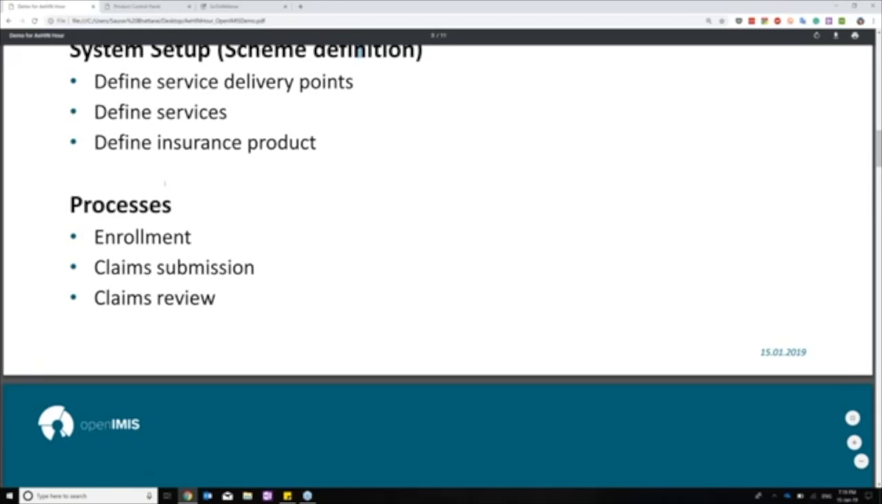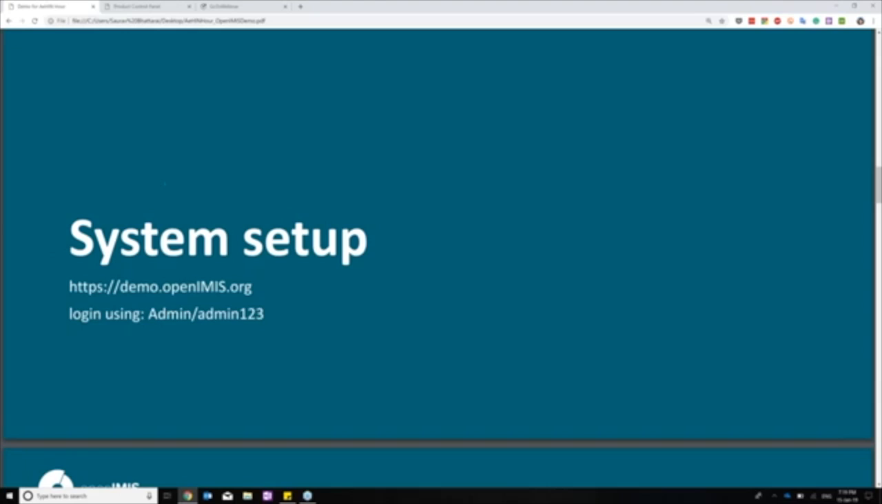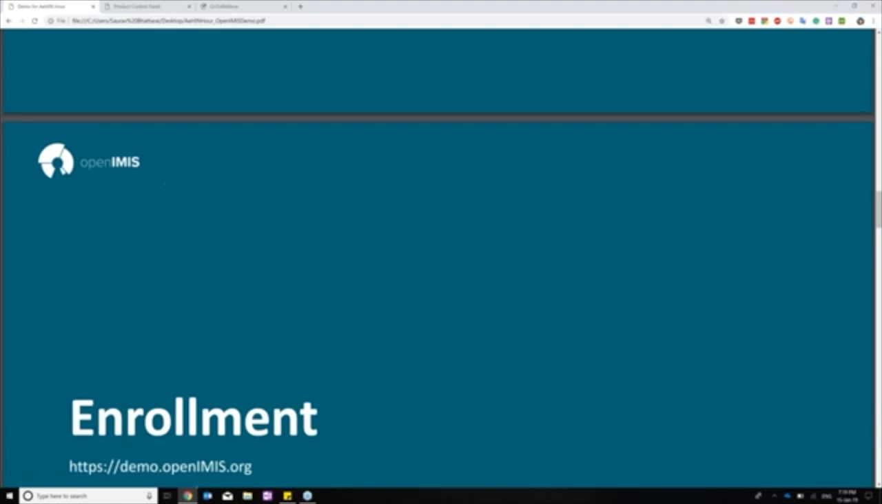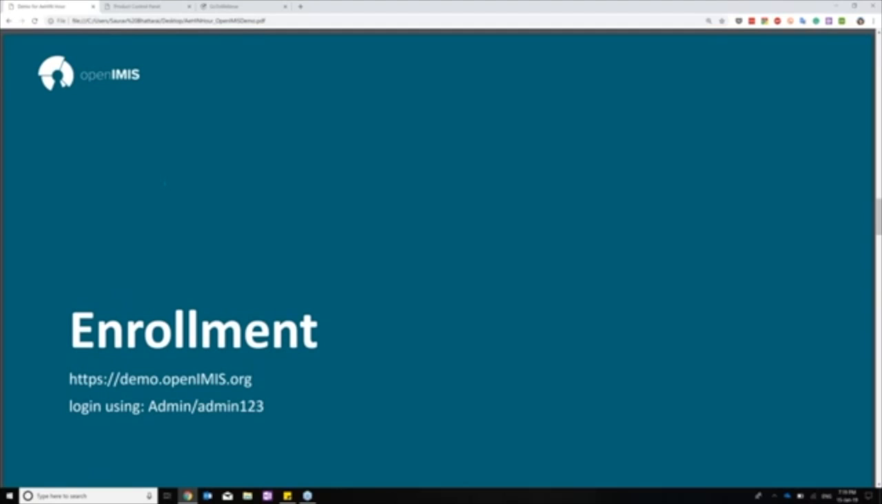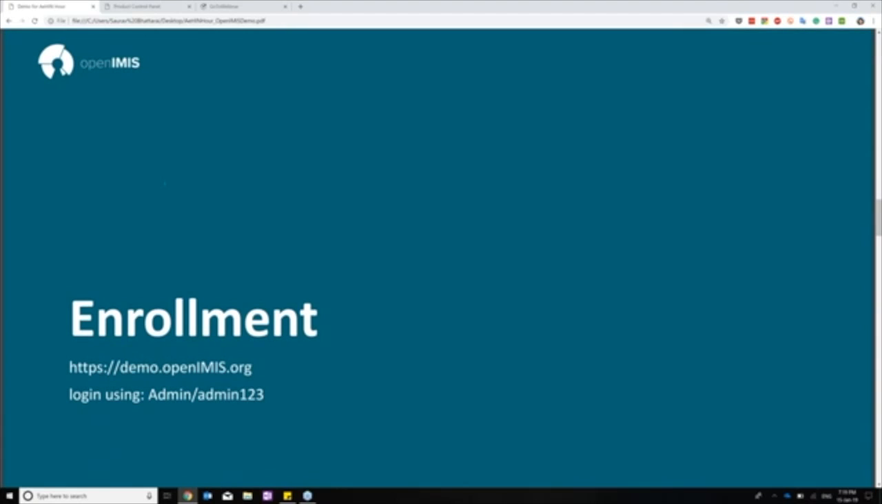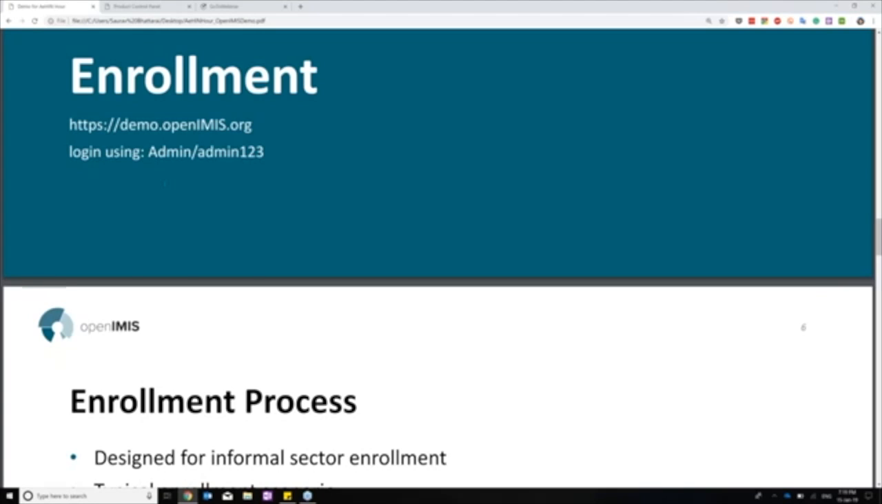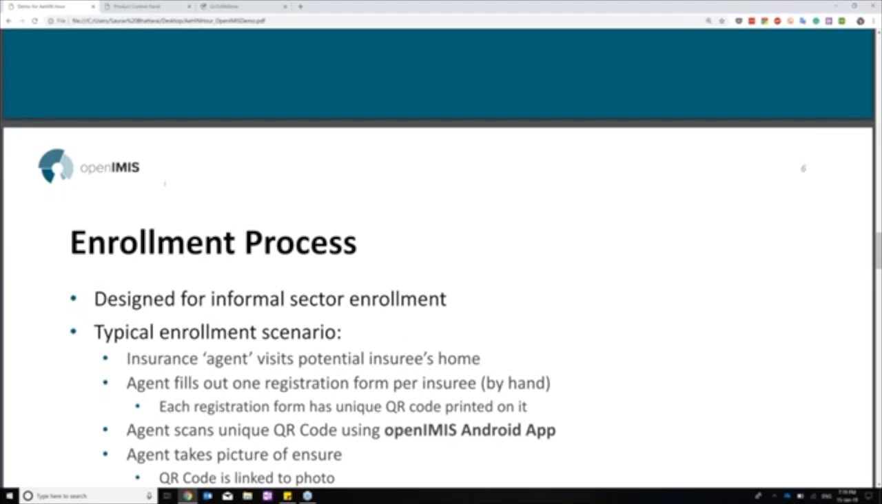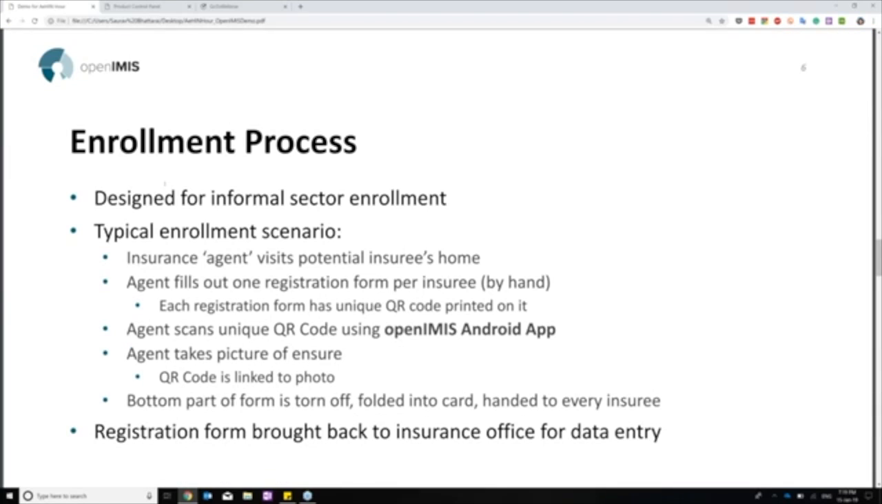But now we'll get into one of the other features of OpenIMIS as a management information system tool. It facilitates a lot of processes within insurance. And one of the processes that is quite unique compared to other systems is the one for enrollment. The enrollment process in OpenIMIS is designed for the informal sector. Currently, while efforts are in place already to include a formal sector enrollment module into OpenIMIS,